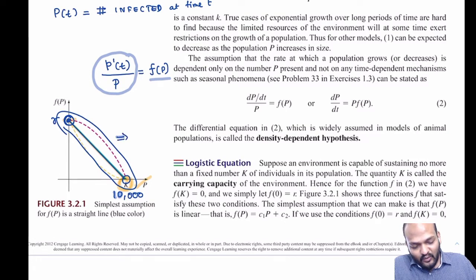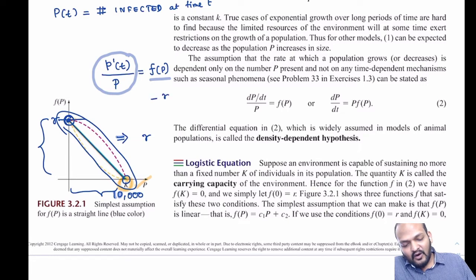The easier way is if you know the y-intercept and the slope, then you can compute it, correct? So here the y-intercept is R, and what is the slope? The slope is the rise over run. Here is your rise, and here is your run, right? So therefore, what is your slope? The slope would be negative R over K, right? So therefore, the equation of this line would be,